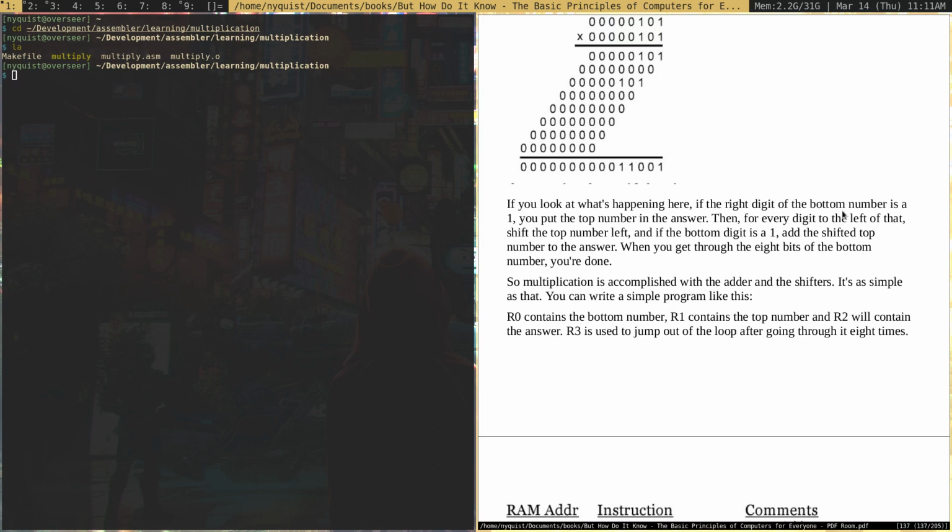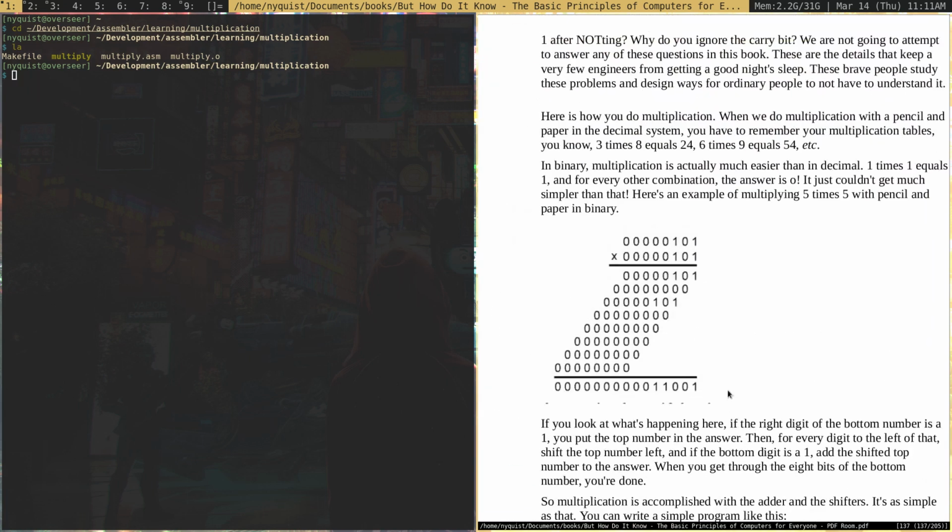If the digit of the bottom number is a 1, you put the top number in the answer. So this one's a 1, then you take the top number, put it as the answer. And this one was a 0, so you just put 0. Okay, this one's a 1, then you take the top number and put it as the answer. And every time we put down the answer, we gotta shift to the left one. And then we keep doing that. The rest of these are all zeros, so we just have a bunch of zeros ending here. And then we just go all the way down and add all these together. And what we get,